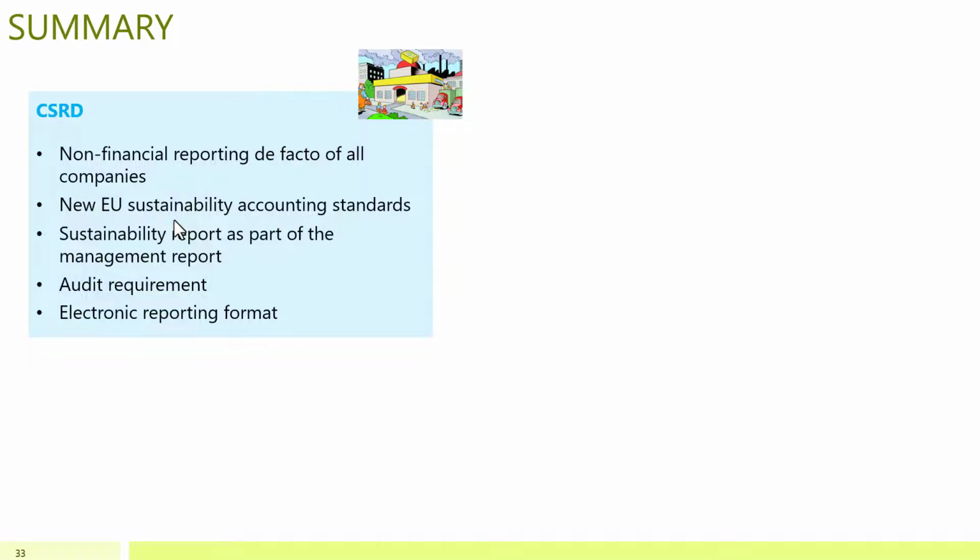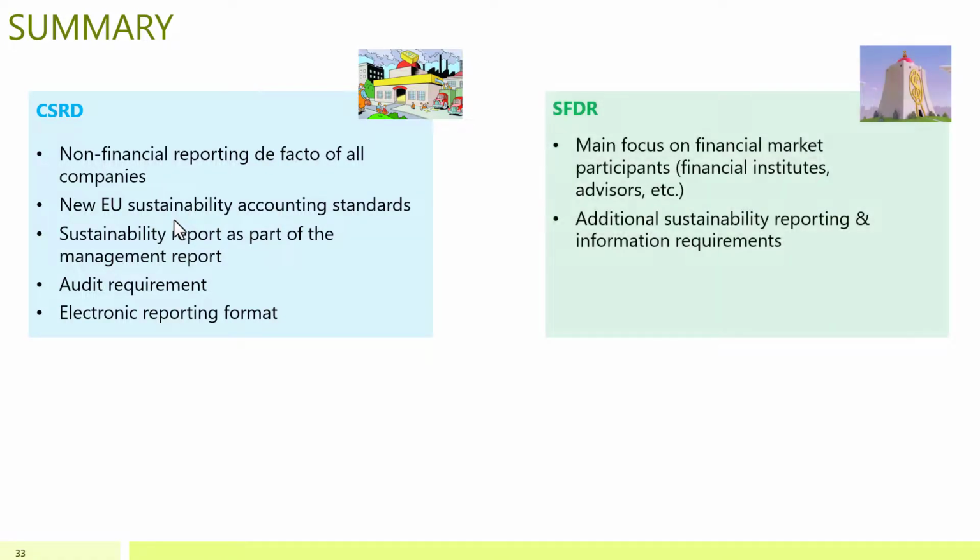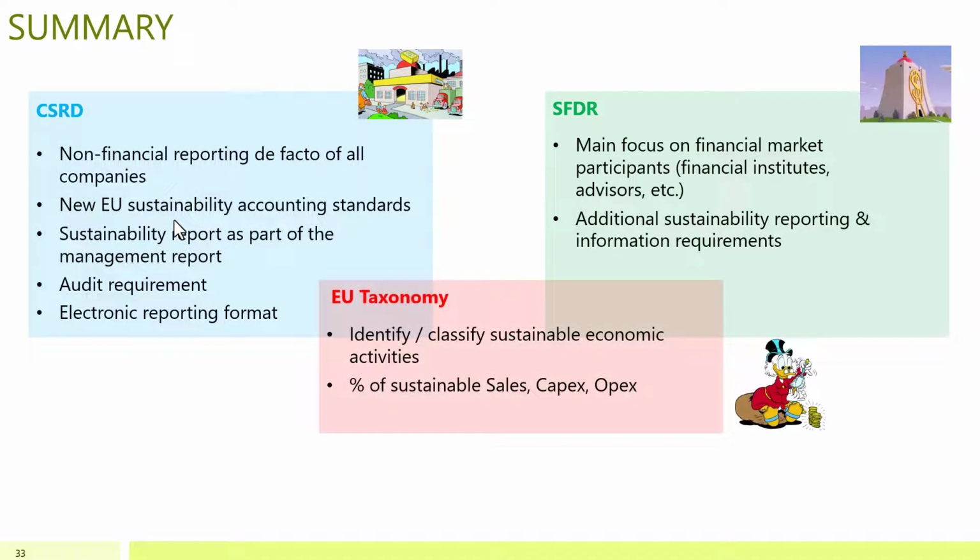We also have an audit requirement and an electronic reporting format requirement. On the right-hand side, we see the financial directive that focuses on financial institutes, market participants, and so on. That's not the major focus of this blog post, but we also have to know it. And then the taxonomy, which brings these two worlds together, so to say,